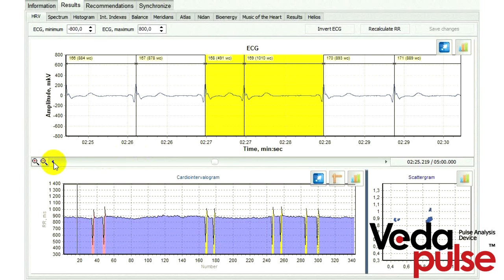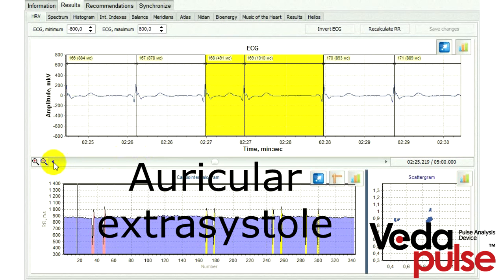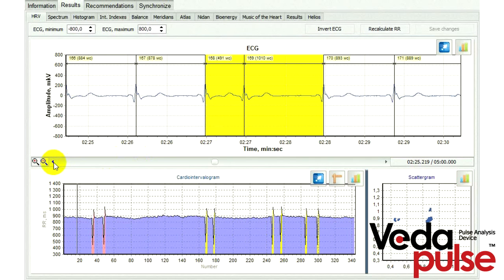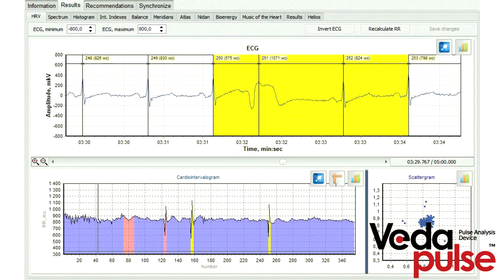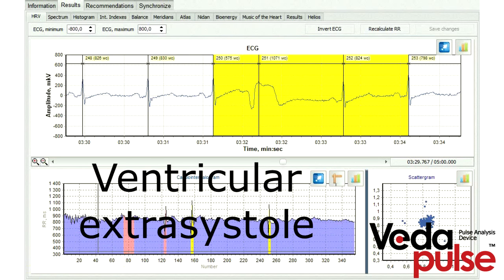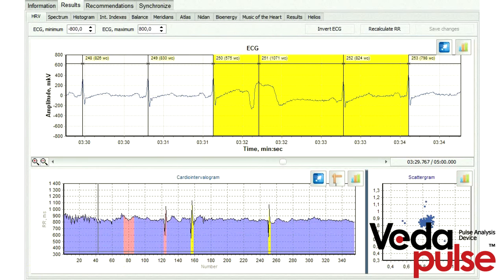How to find out if it is auricular extrasystole? In this case, among normal cardiac cycles, you will see a short one. QRS complex will be the same as in the whole recording, but just after the extrasystole, you'll see an incomplete compensatory pause. If we are talking about ventricular extrasystole, then you'll see on your recording again some short heart interval,